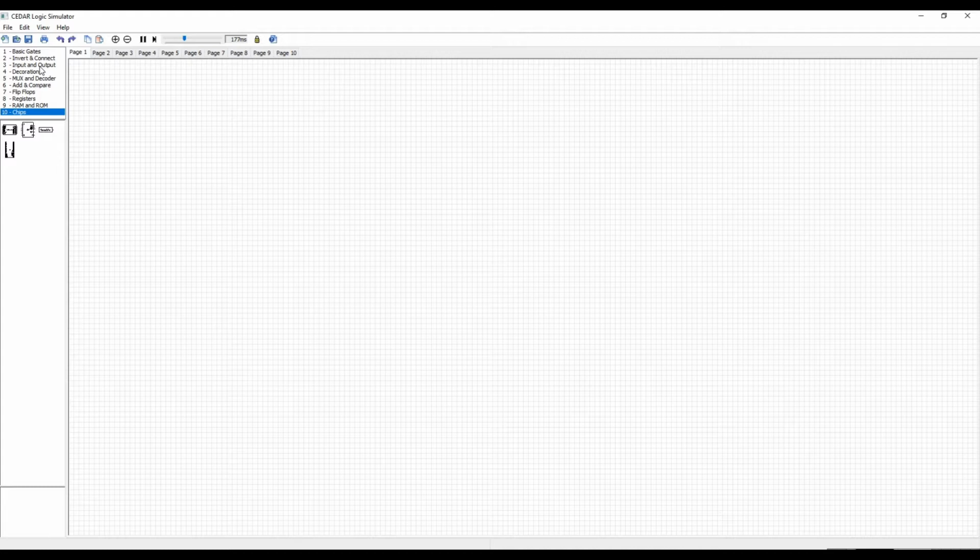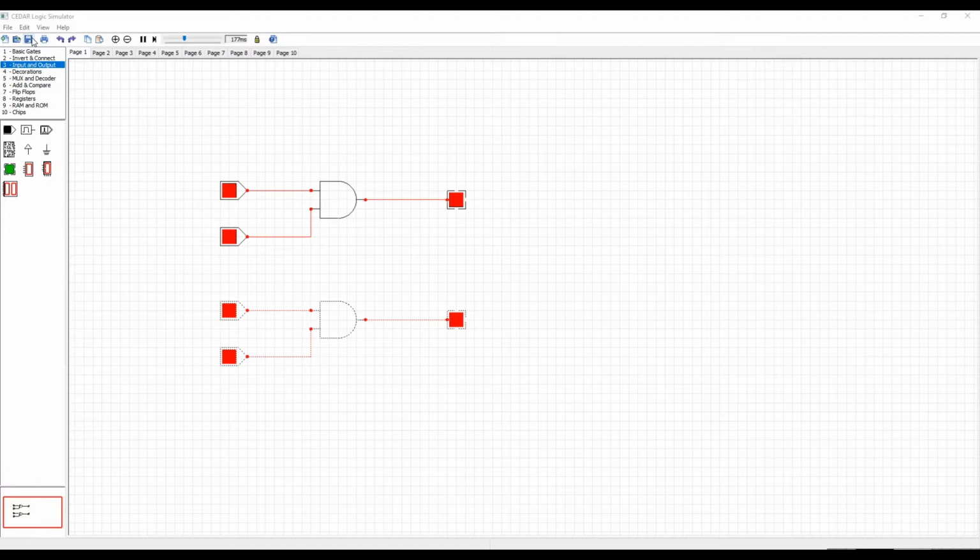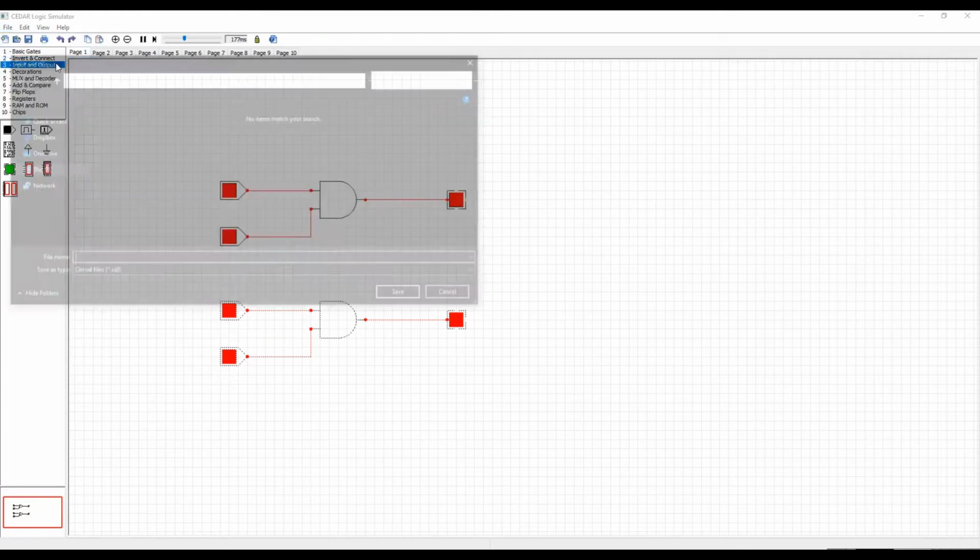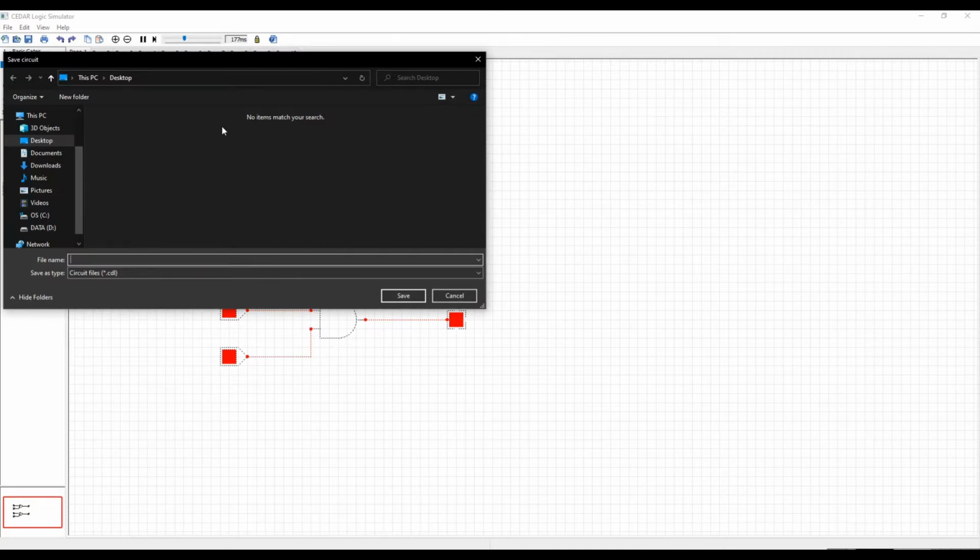Now we can save our file. We can click on this save option, or we can go to the file and give the save, or we can also use the keyboard shortcut. Now when we click on the save option, this window appears and we can give a name for our circuit.